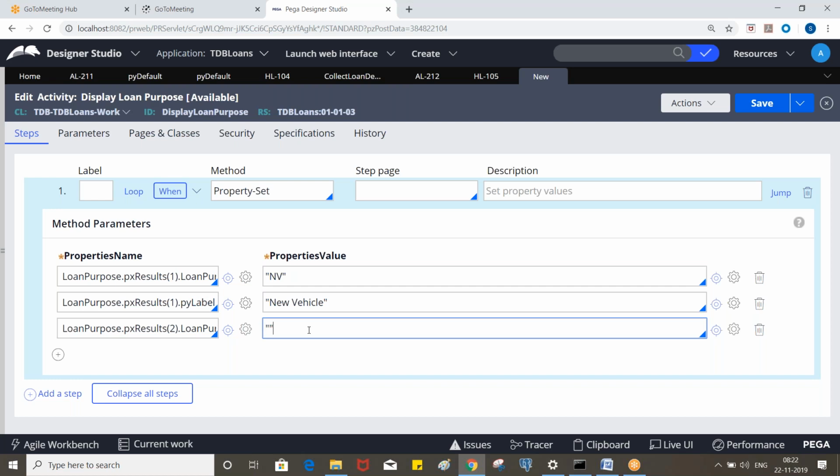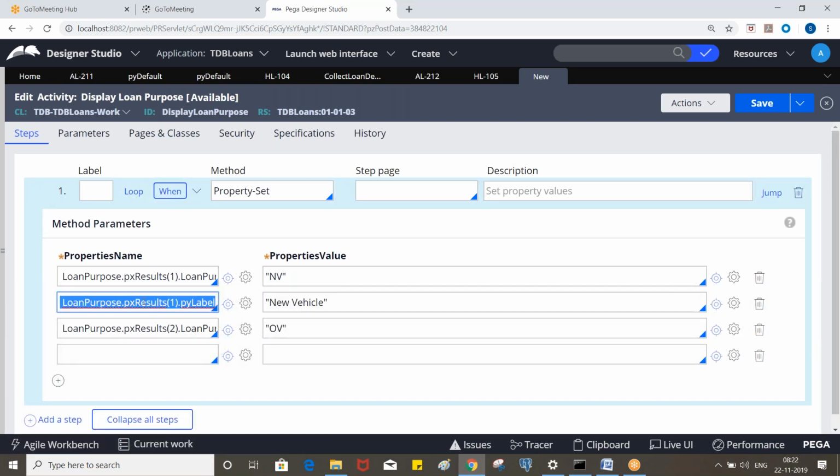It is old vehicle, and the label is old vehicle. Or if you want to use the same property for both display and backend, you can use the same property. Okay, clear?